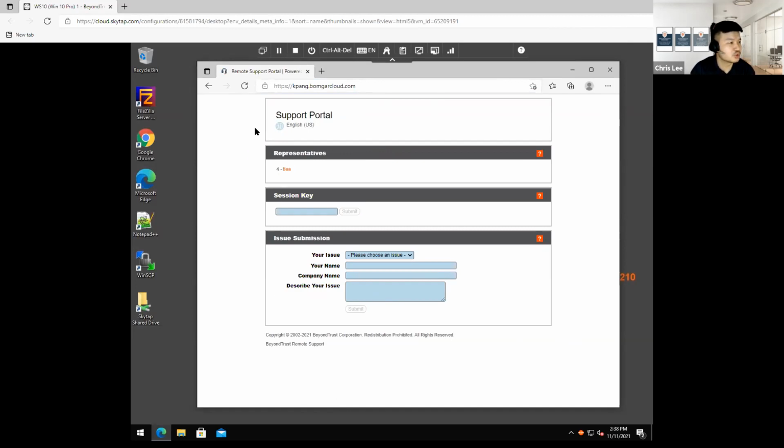To streamline the support, we can even integrate with ITSM solutions and start off by generating a ticket from there to trigger the support. But for now, I'm just going to show you how we initiate a help request directly from the website that comes out of the box with the solution.